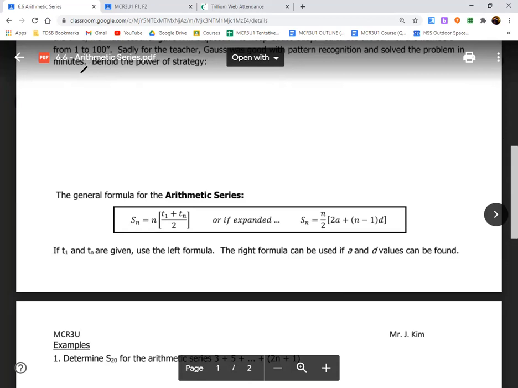If you have the sheet and want to follow along, just write 1 plus 2 plus 3 plus 4, dot, dot, dot. And then we'll jump to 98, 99, and 100. That's our goal. There are 100 terms, and I need to add all of them. What Gauss did wasn't add 100 numbers, but what he noticed was if you take a look at the first number and the last number,